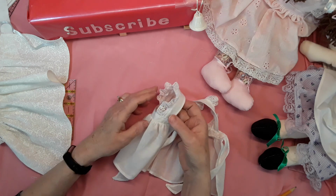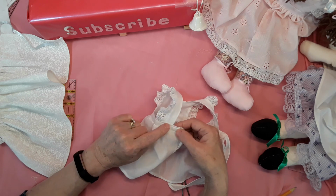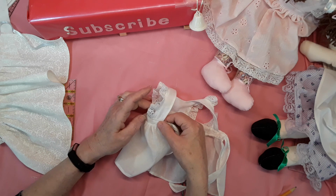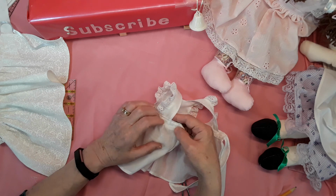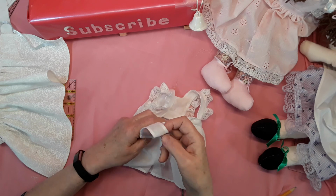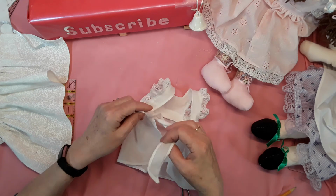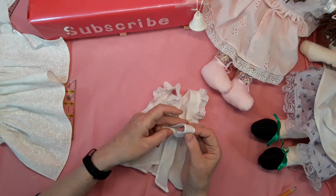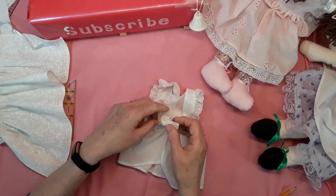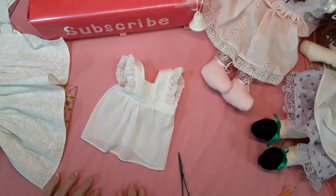And then for the back strap, I put them in place before I top stitch it, of course. But I put it on my doll to make sure I've got them in the right place. And that is how I make my little pinafores, aprons. Tie a bow at the back. It's not very well done, but